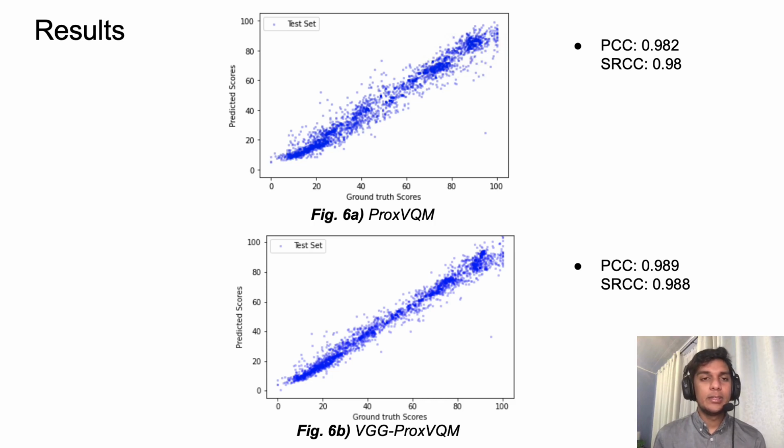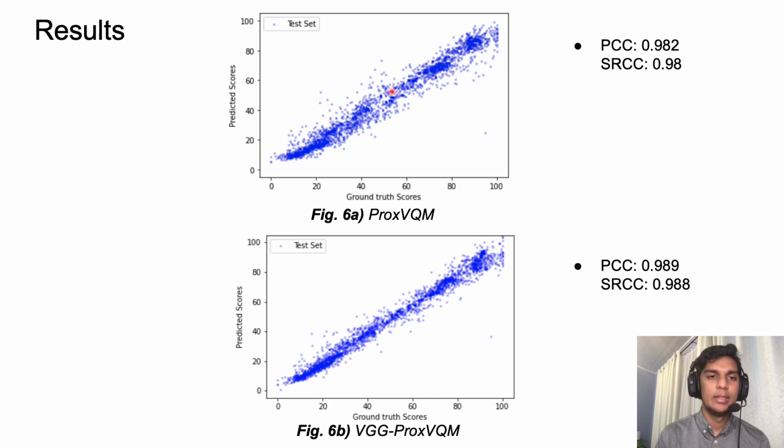Here we have the results of our trained network. In figure 6a, we have the ProxVQM network. The correlation coefficient is 0.982 and the rank correlation coefficient is 0.98. On the x-axis, we have the ground truth VMAF scores, and on the y-axis, we have the predicted VMAF scores. We can see a strong linear correlation. However, there is some spread occurring between the regions of 80 to 100 and also around 40